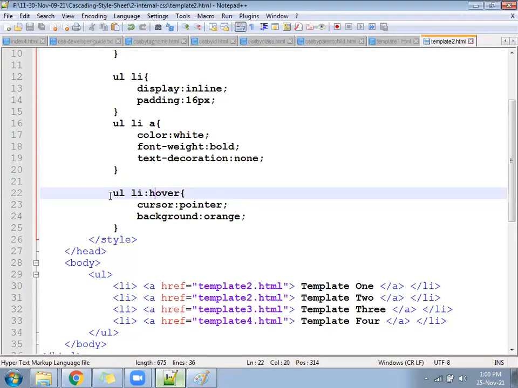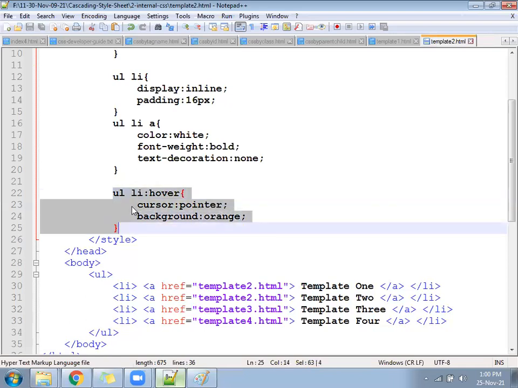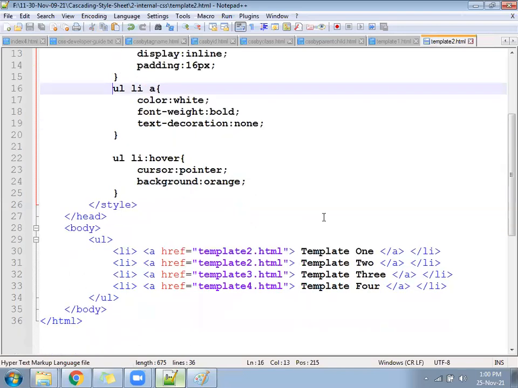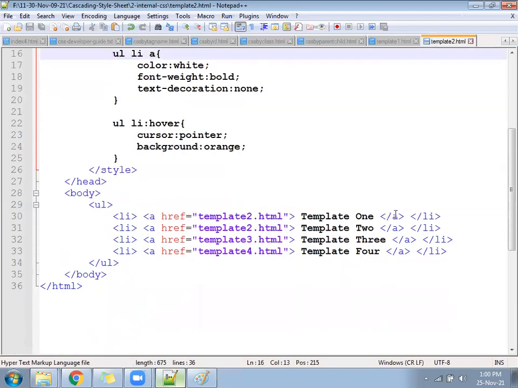This is called hover effect. When you browse the internet and go to a website, move the mouse, the color combination will change, menus will open. Those are all called hover effects. Look, you have given a space here. After li there is no space. Li colon hover. You have written the text outside of it. Check here. The text is the part of a. Where is a closing?